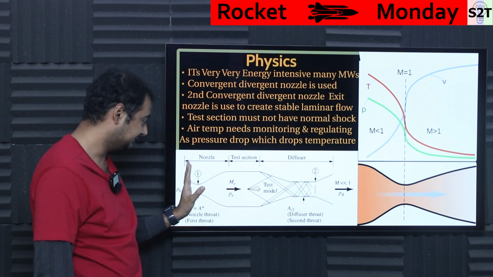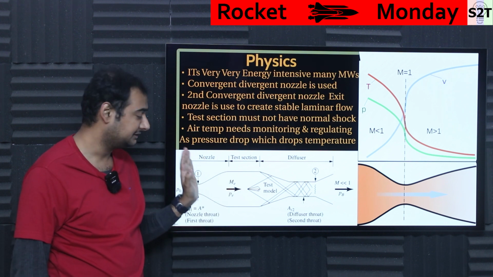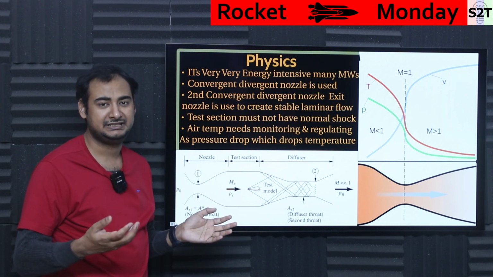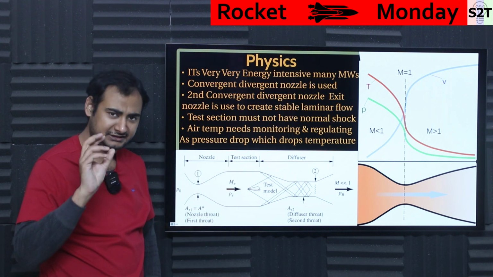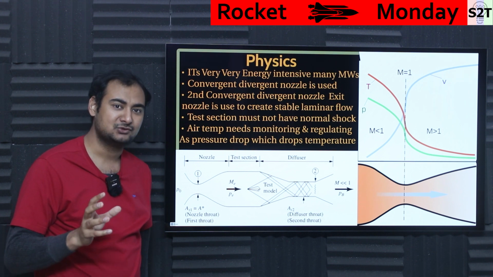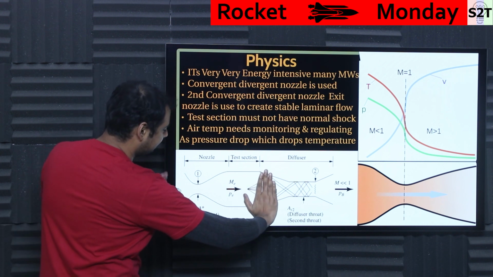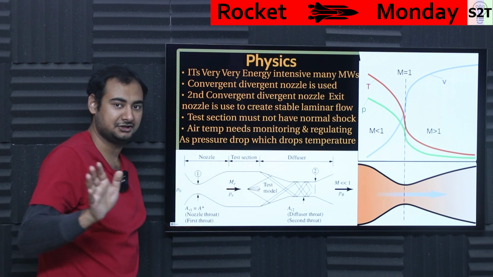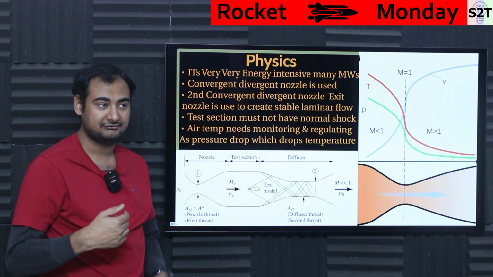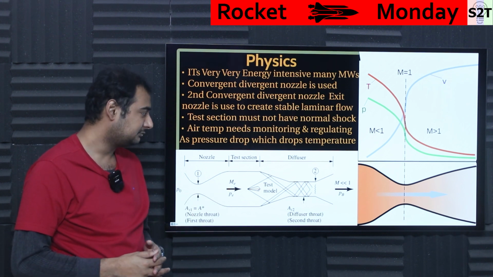Now, if you directly have this and you send it through a testing area, will it work? Yes, there are many open supersonic tunnels with very small models. Generally, they have a giant vacuum pump, a very small tunnel for short duration. It can be done. All you will get is this: nozzle, testing section, done. However, if you want to have even more control, more speed, at that point in time, you have to put